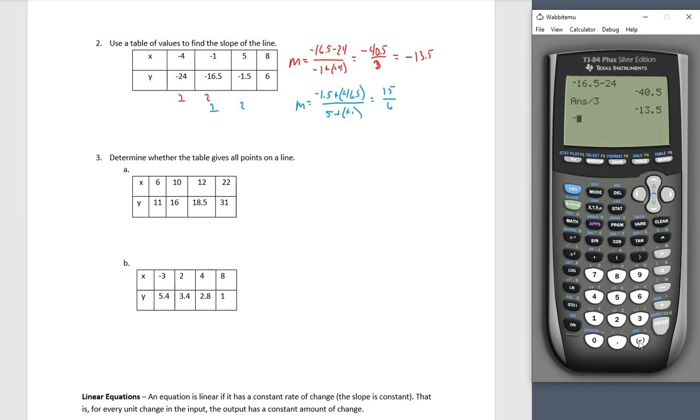Did I do this right? -1.5 minus a -16.5 is indeed 15. 5 minus a -1 is indeed 6. And I get 2.5. I see what the problem is. See, this bothers me. I should get the same slope no matter which values I use, but here I see